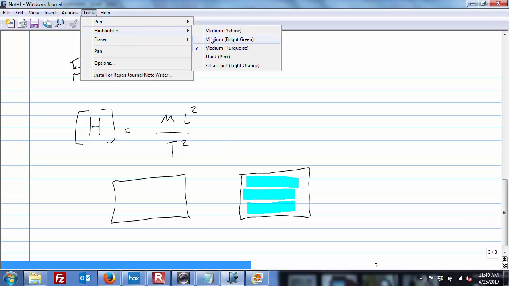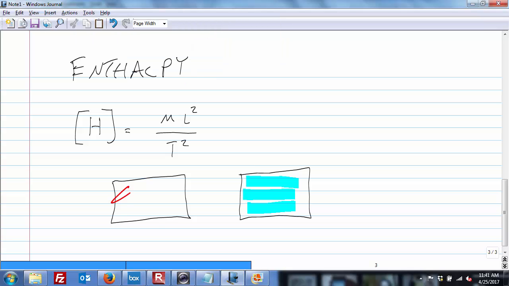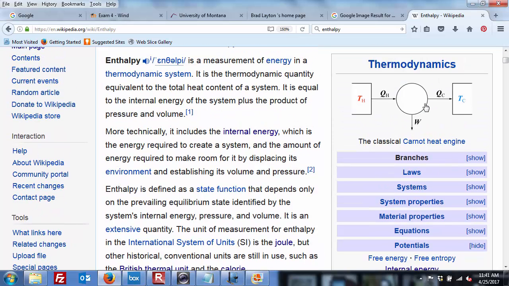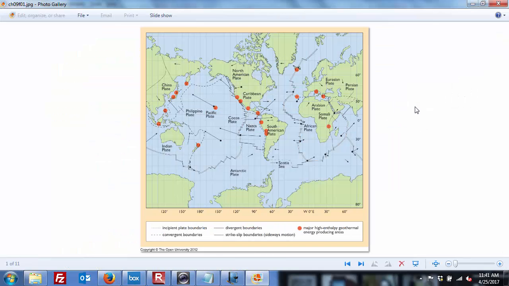Let's get red going over here. Let's get red, pink, yeah, you can just do red and sort of scribble it in. So here's hot, there's cold. If you have hot on one side, cold on the other, you can basically build an engine. That's the whole point. So if we go back to these guys, these are places where you have enough temperature